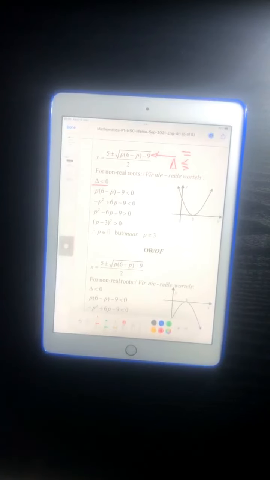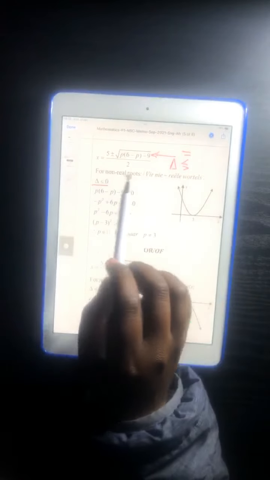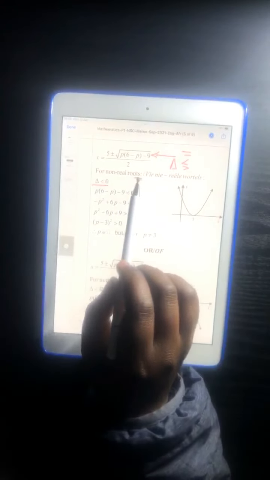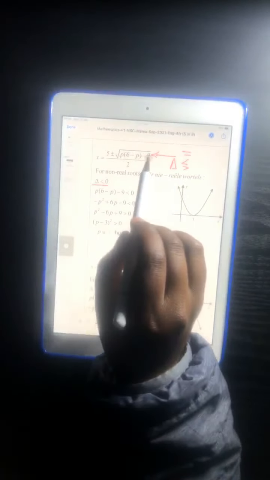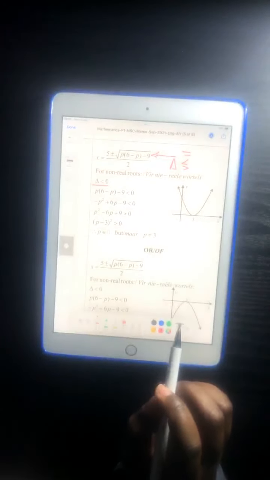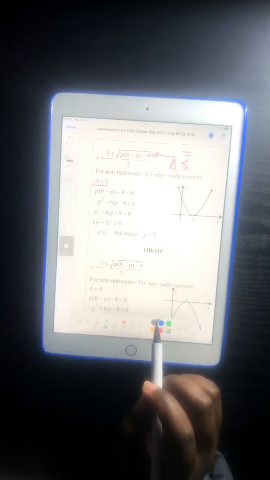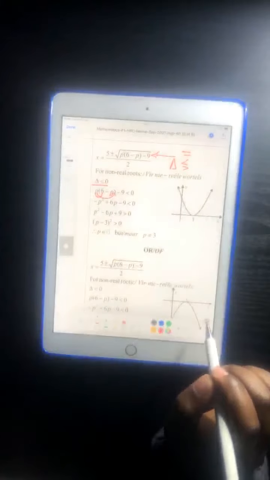as an inequality. So as soon as you've done that, and you know that because they're saying non-real roots, and for non-real roots, that's when the delta is less than 0. So that means you say all of that delta less than 0, then you solve. So always, when you're given brackets, what you want to do is to remove the brackets. So can you see, you are going to multiply this by that and you multiply that by that, so you end up having